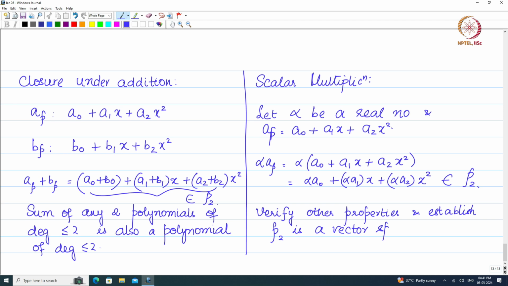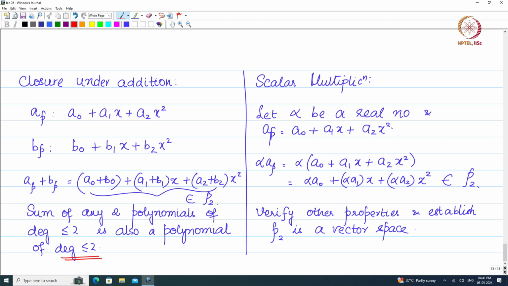Now, there is something interesting here. What is that? The thing is, we have said clearly that it is the set of polynomials of degree less than or equal to 2. Suppose I had put strictly polynomials of degree 2, then it is going to be a problem, because you